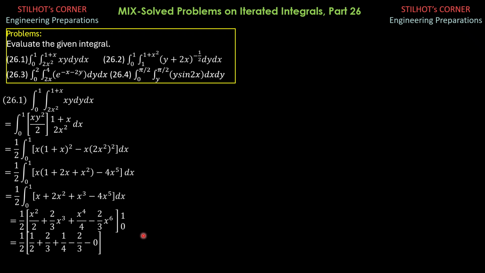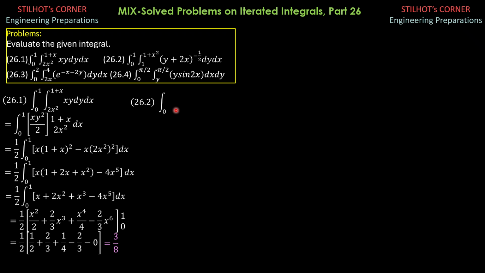Of course, everything has x. So we can cancel out 2/3. So 1 half plus 1/4 is 3/4. 3/4 times 1 half is 3/8. So the answer is 3/8. We then proceed to